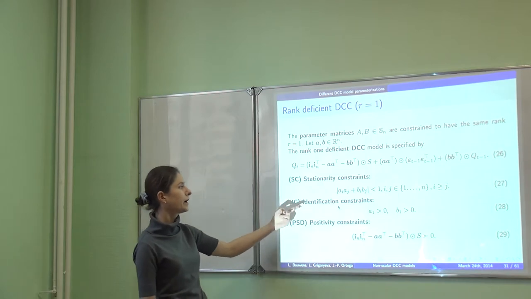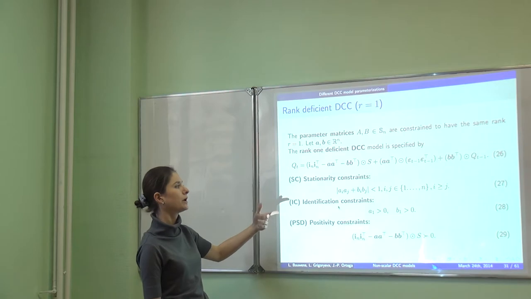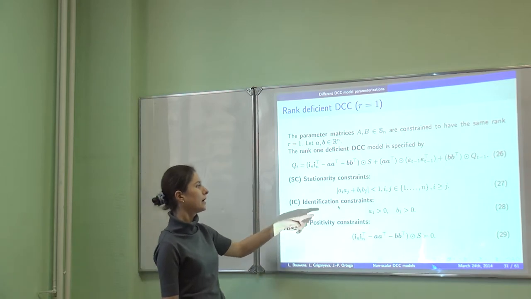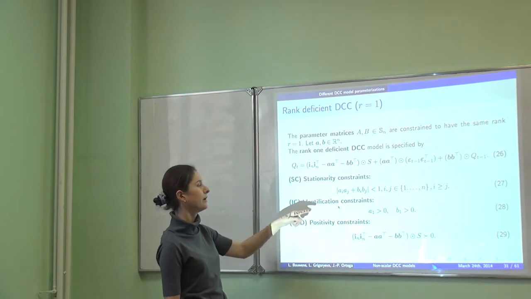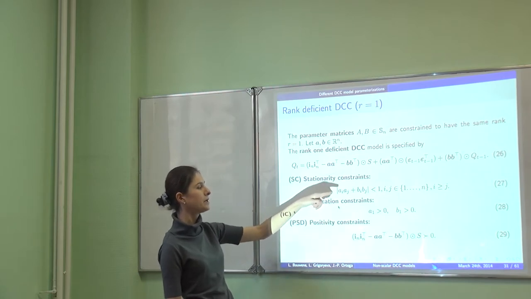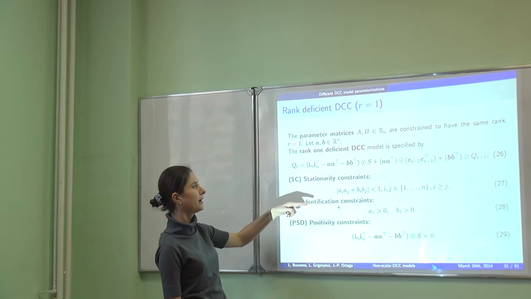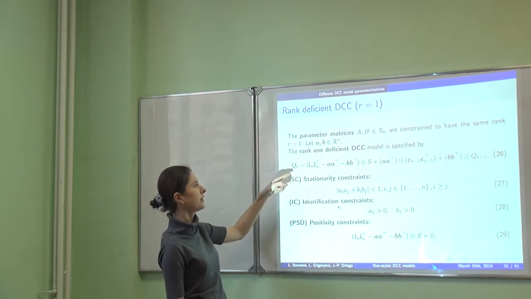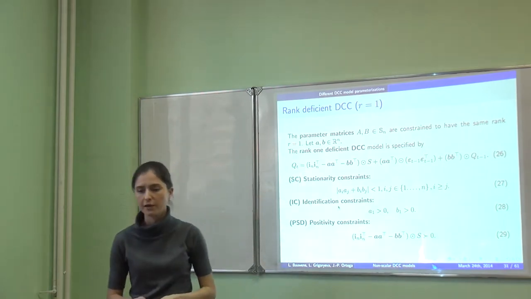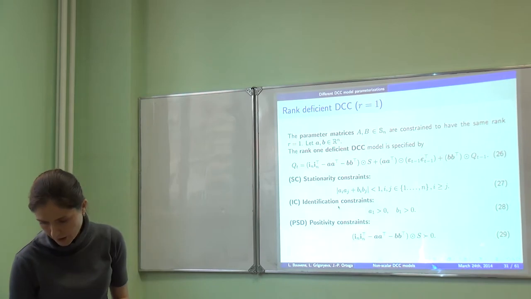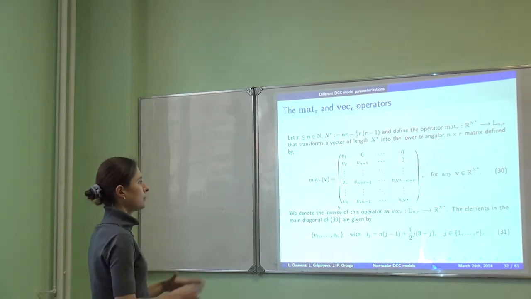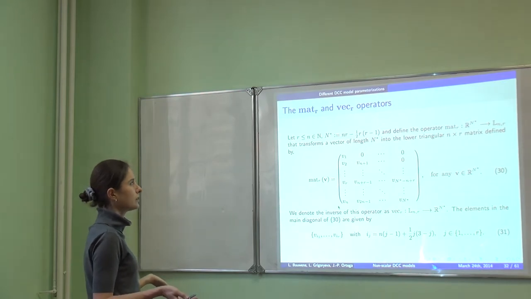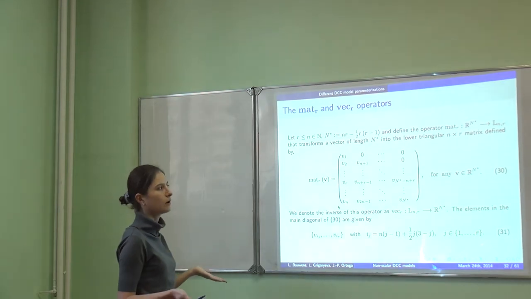But at the same time, we have identification constraints that in our paper we find the way to go about, because without these identification constraints, we can have many vectors A and B not properly identified that will give us the same value of our QT and the same value of our parameters. So in order to come up with the model construction for that, we introduce some operator